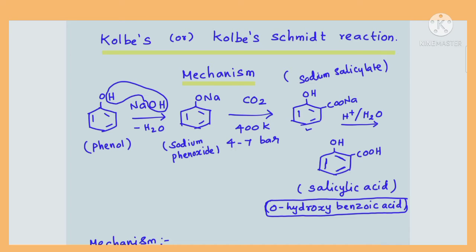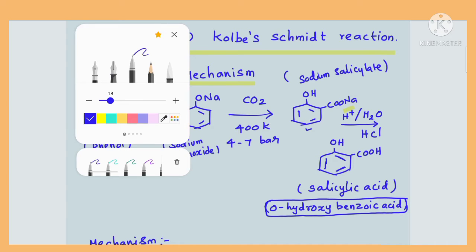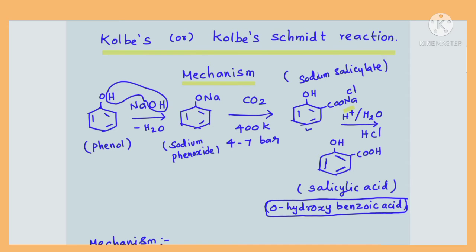Now this sodium salicylate, on acidification in the presence of an acid such as hydrochloric acid, the COONa portion is converted into COOH. The Cl will be added over Na and H will be added over here, so that this group becomes COOH. Finally you get a compound in which the benzene ring carries an OH group and a COOH group on adjacent carbons, an ortho derivative, which is called salicylic acid,